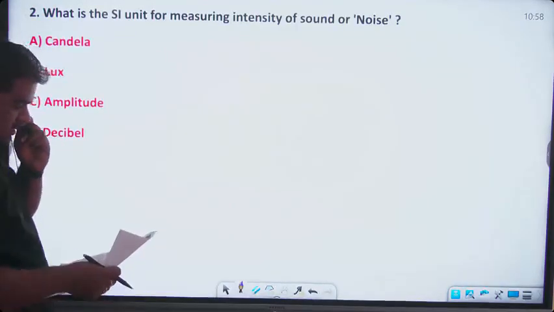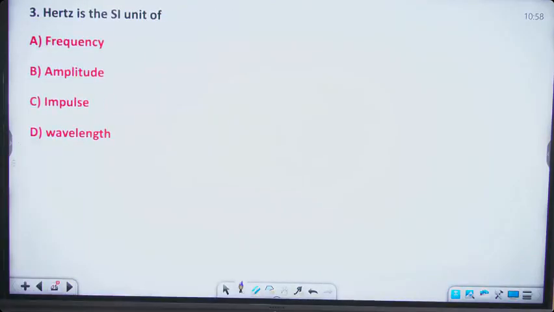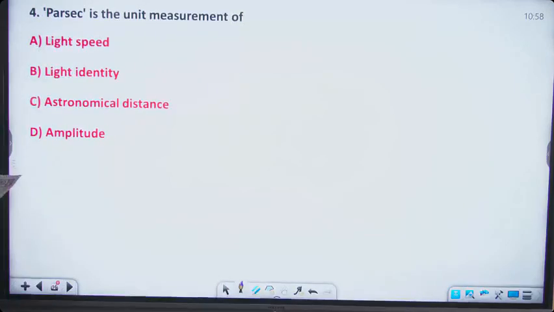Now, what is the SI unit for measuring the intensity of sound or else noise? Decibel. Hertz is the SI unit of frequency. Parsec is the unit for measurement of